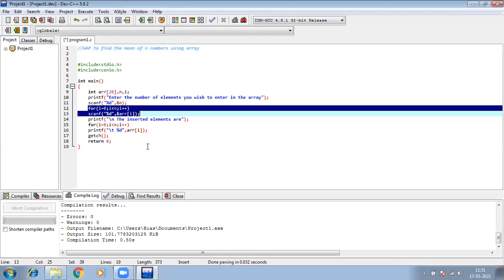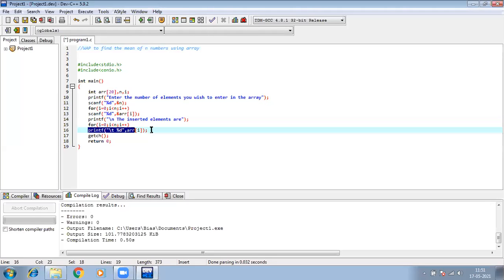Now, one thing is that here I do not need to print the individual elements. I only need to print the mean of the numbers. So how do you think, any one of you, how do you find the mean of any numbers? Ma'am, the sum total divided by the total number, n.